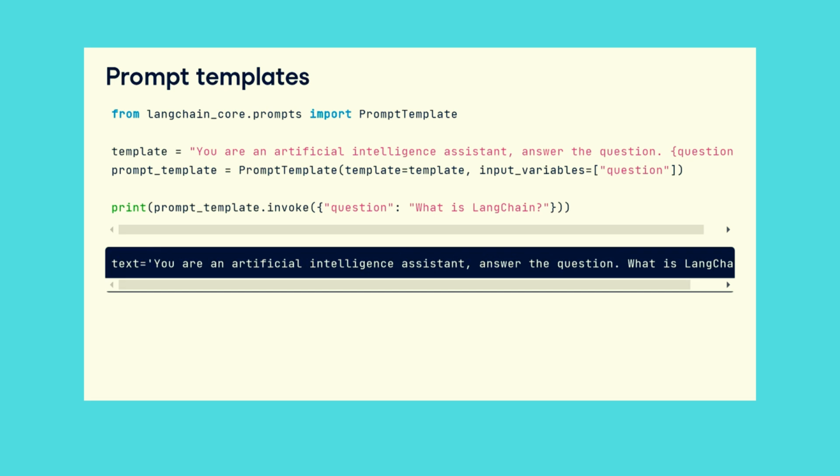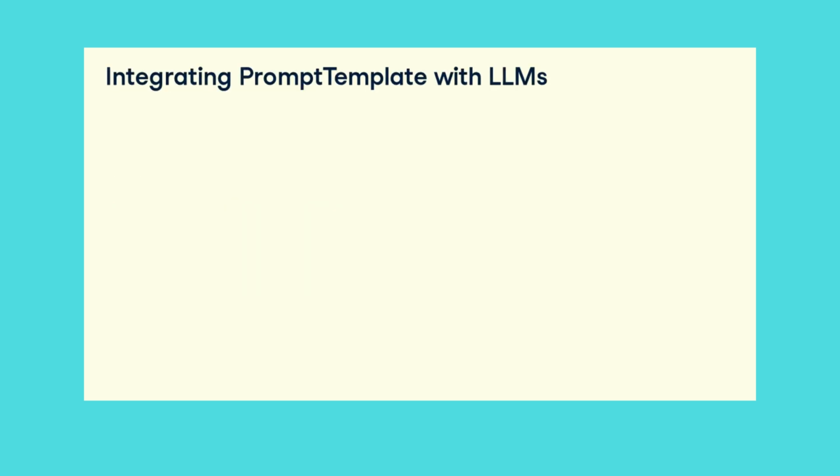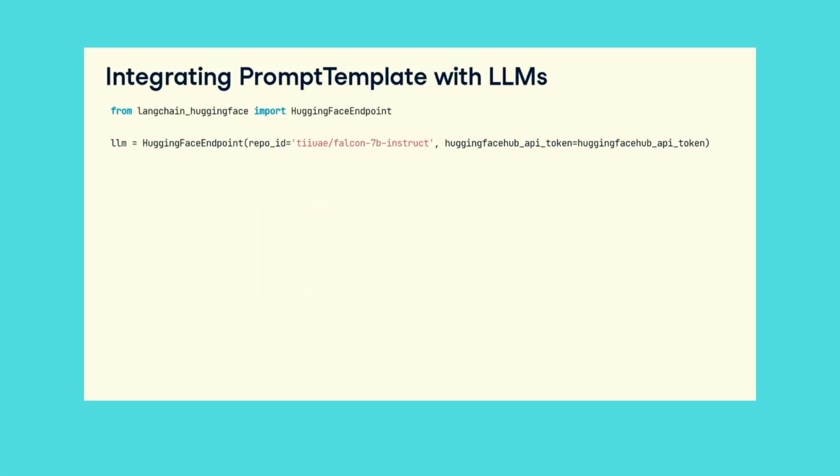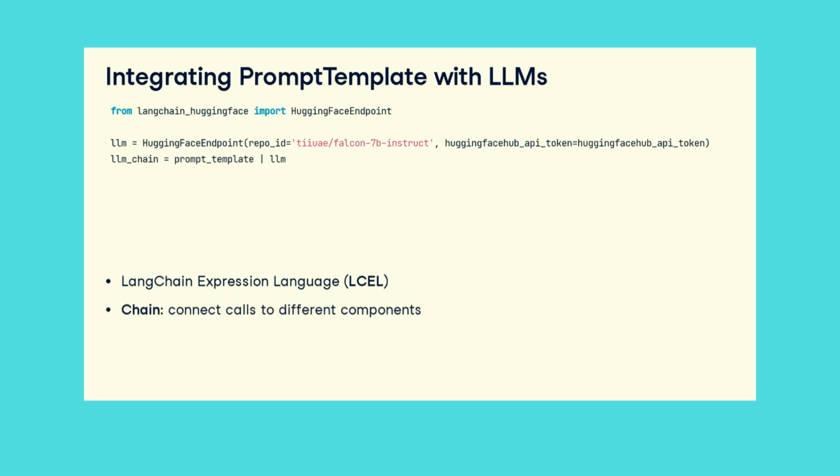Let's integrate this with an LLM. We start by choosing a question answering LLM from Hugging Face. To integrate the prompt template and model, we use LangChain Expression Language, or LCEL. Using a pipe creates a chain, which, in LangChain, are used to connect a series of calls to different components